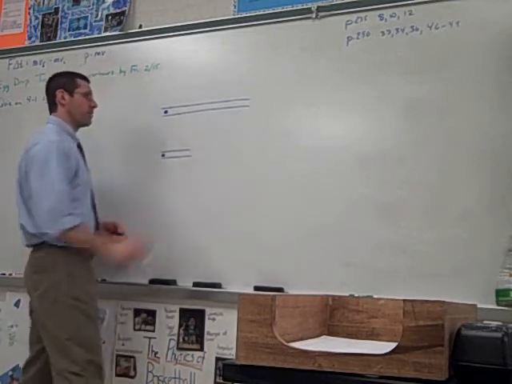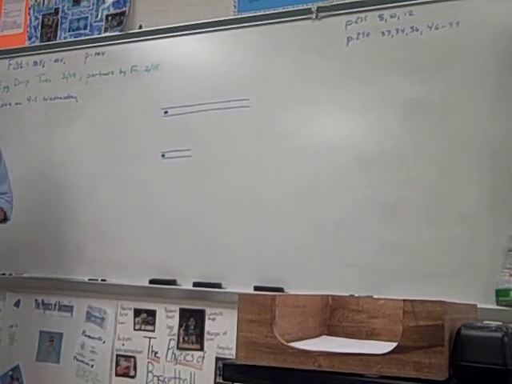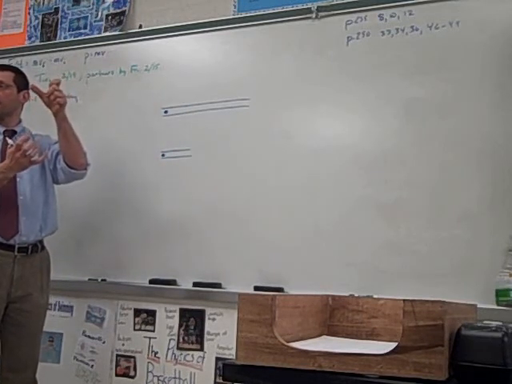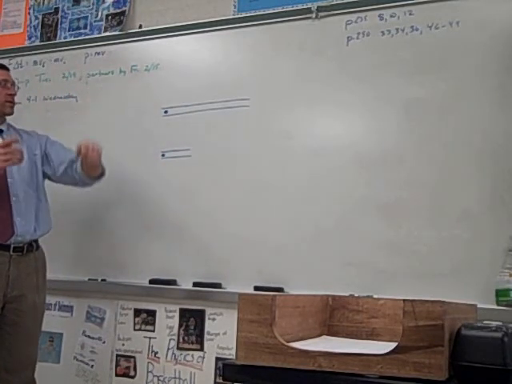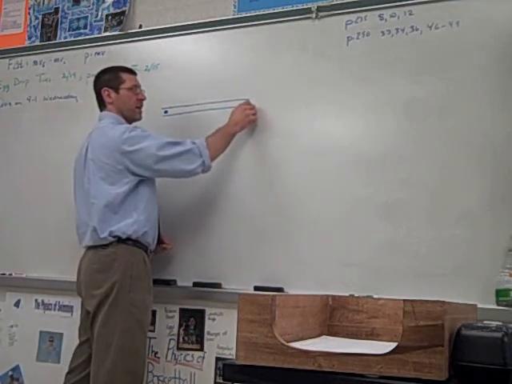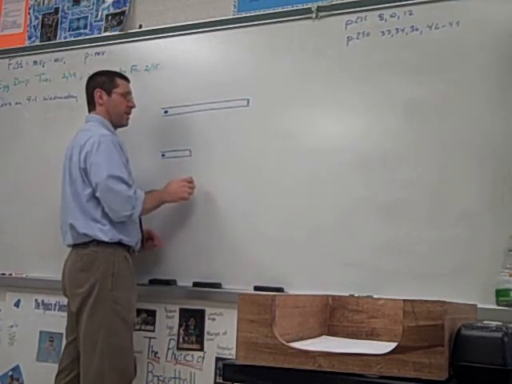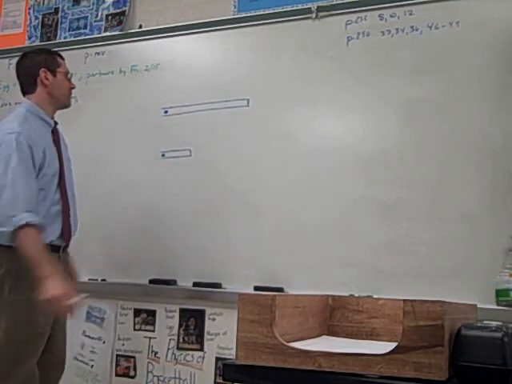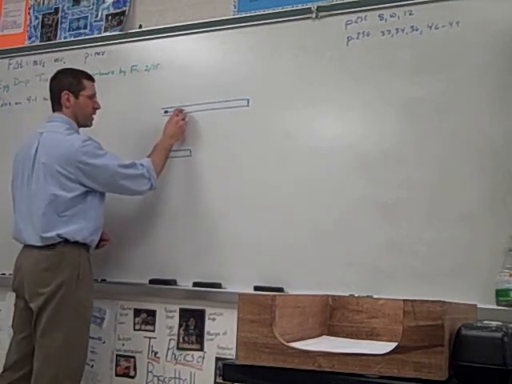So we have a rifle and a pistol, right? What causes the bullet to go forward is the gases in the barrel expand, and they push the bullet out as they expand. Once the bullet reaches the end of the barrel, the gases expand everywhere and they no longer are pushing on the bullet. So if the same force is applied to each one,